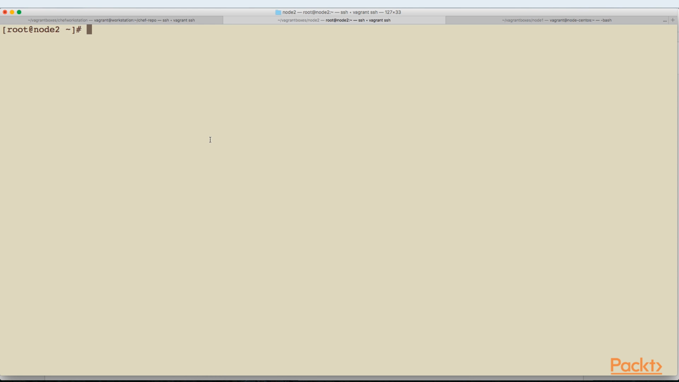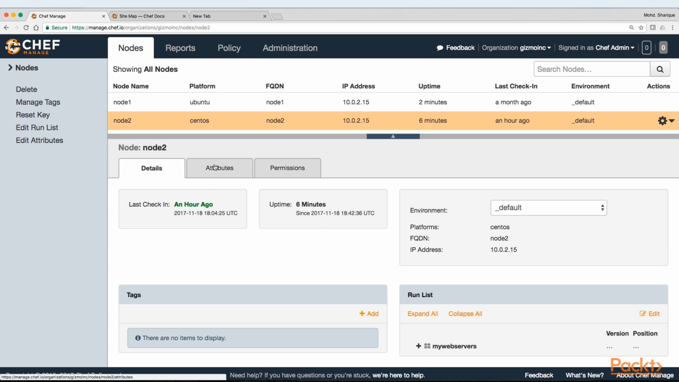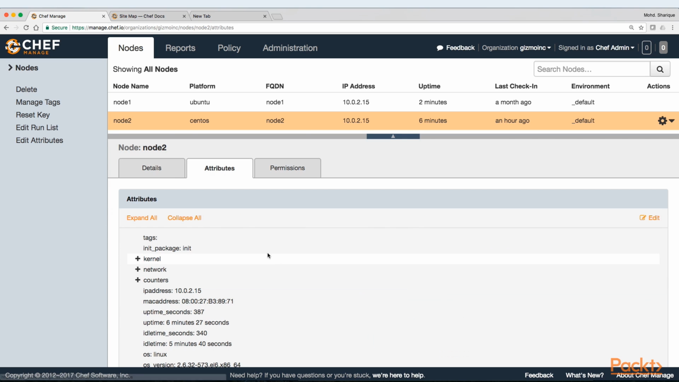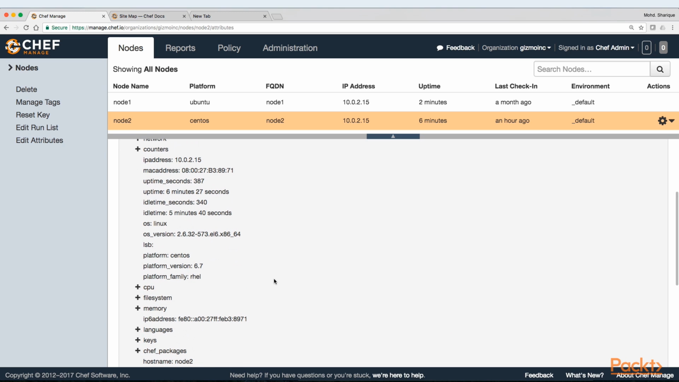So here I am on my Chef node, which is node 2, and here I am on the Chef server GUI, and as you can see, I have my nodes listed on a screen. Now let's say I click on node 2, and on the bottom half, if I click on attributes, this is where you can see all the attributes listed, and this is what as a whole is known as a node